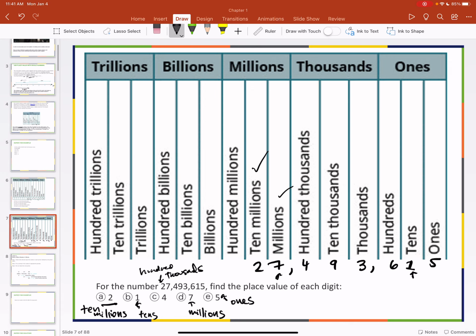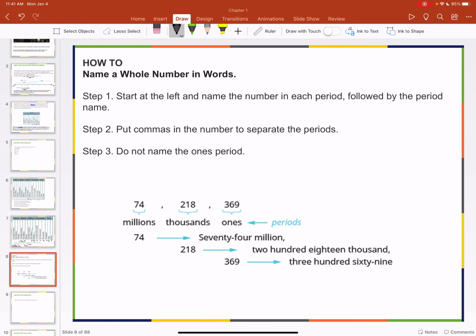Let's continue. So how do we say a whole number in words? Given a number, we start at the left and then we name the number in each period followed by the period name. Step 2, we put commas in the numbers to separate the periods. And then step 3, we do not name the ones period. So see here, we have 74 in the millions category, right? 218,369, but we don't say the "ones," okay? So that's how we would do that. So let's try